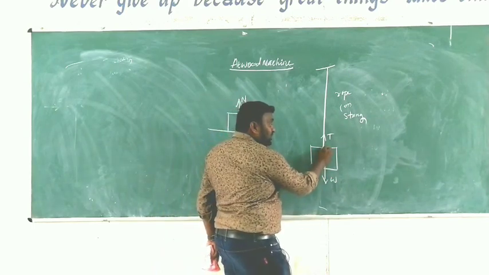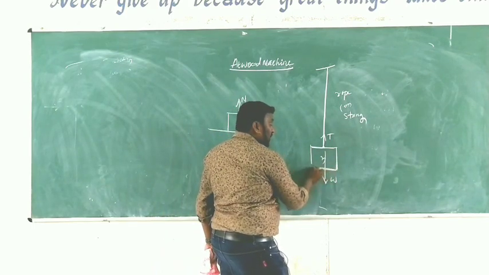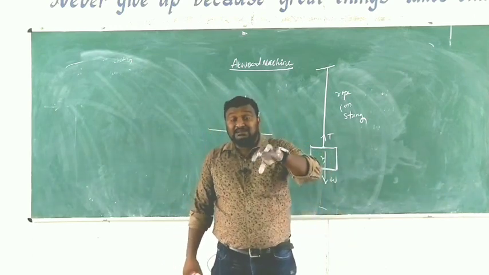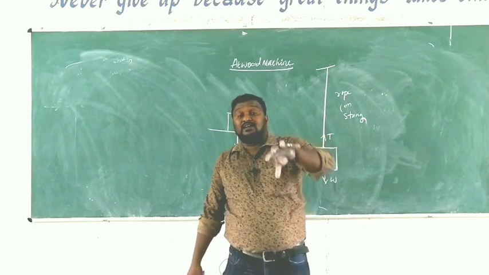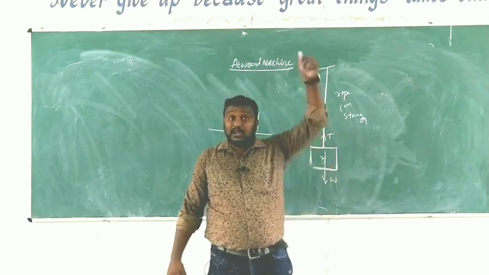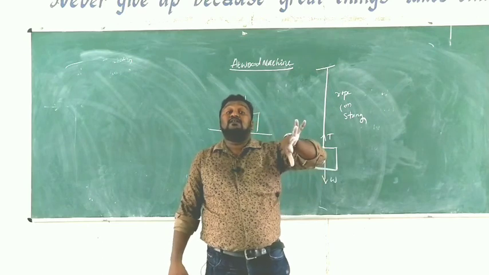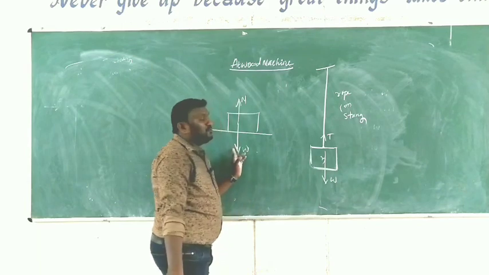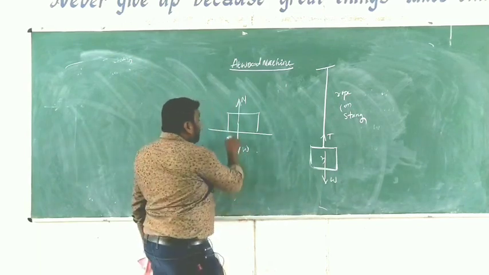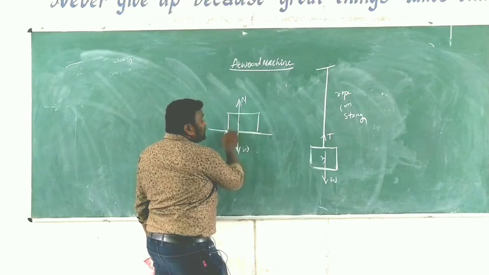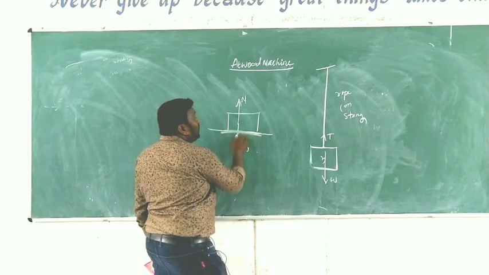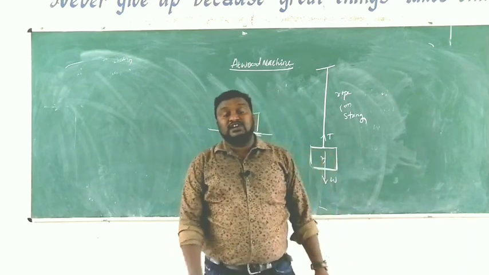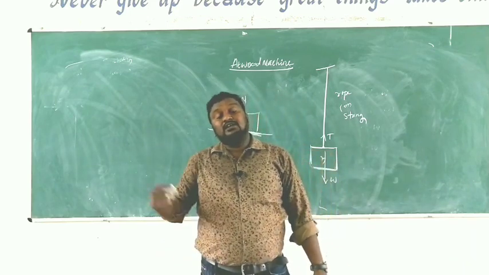Here at this point, rope and object both are in contact. There is some tangential force acting on the particles of the rope in the upward direction, that should be called tension. It is quite similar to the normal force. Normal force means nothing but when two surfaces are in contact, there is some upward force acting due to the pressure between the particles which are in contact. That is what we call normal force.